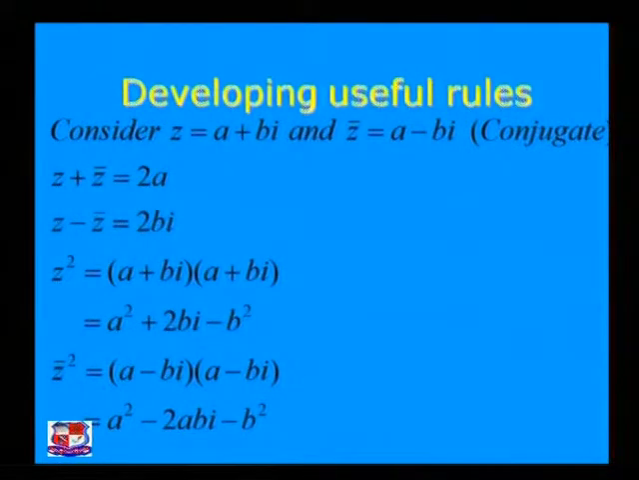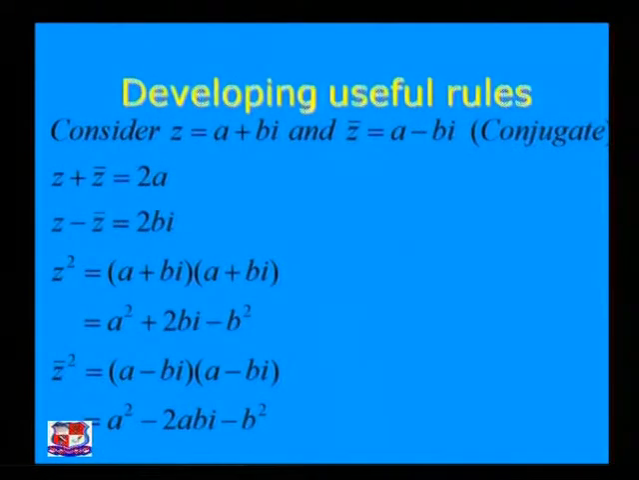We know that if a plus ib is a complex number, then the conjugate complex number is denoted by z bar. Z bar is a conjugate complex number where a and b are the same but the sign is minus. So z is equal to a plus ib, then z bar is equal to a minus ib is a conjugate complex number. So by simplification, z plus z bar is equal to 2a, and z minus z bar is equal to